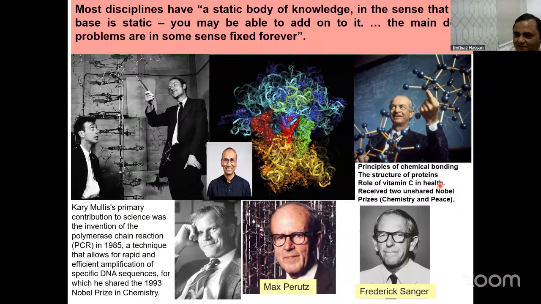You might not be familiar with this, but at that time the working areas of Watson and Crick and Linus Pauling were overlapping, and they were companions to each other. If Watson and Crick had read his paper on the alpha helix, then the structure of DNA would have been solved much earlier than 1953. That is his contribution to structural biology and computational biology. Nowadays you are doing a lot of modeling. All the modeling concepts, chemical bonding, all come from the research work done by Linus Pauling.